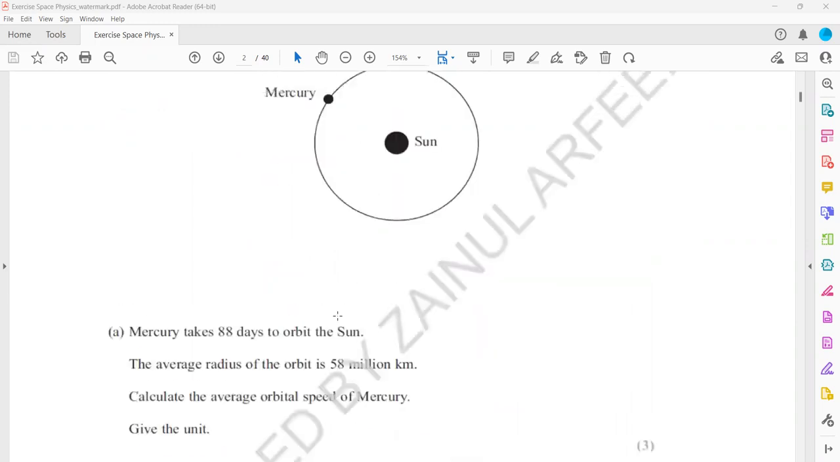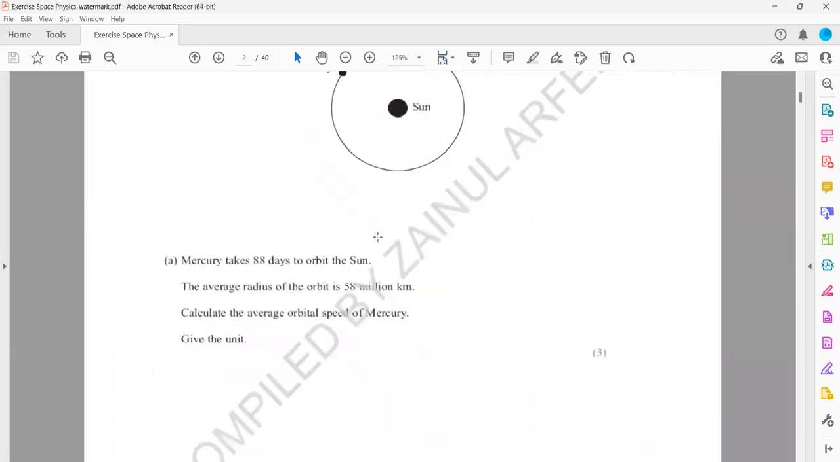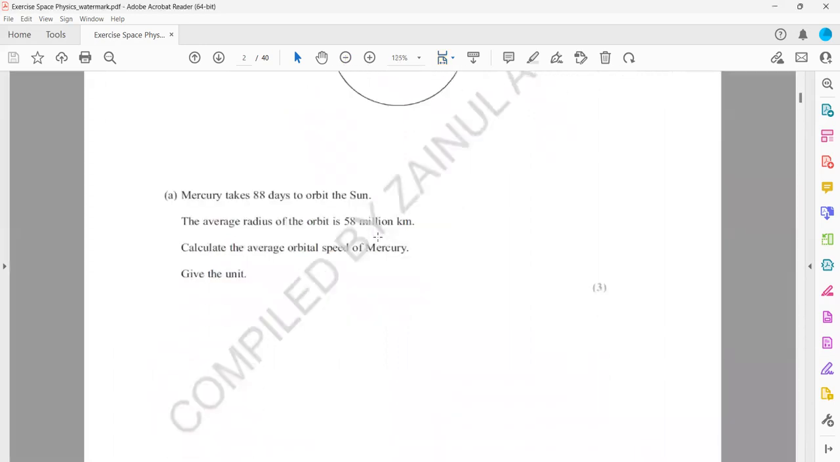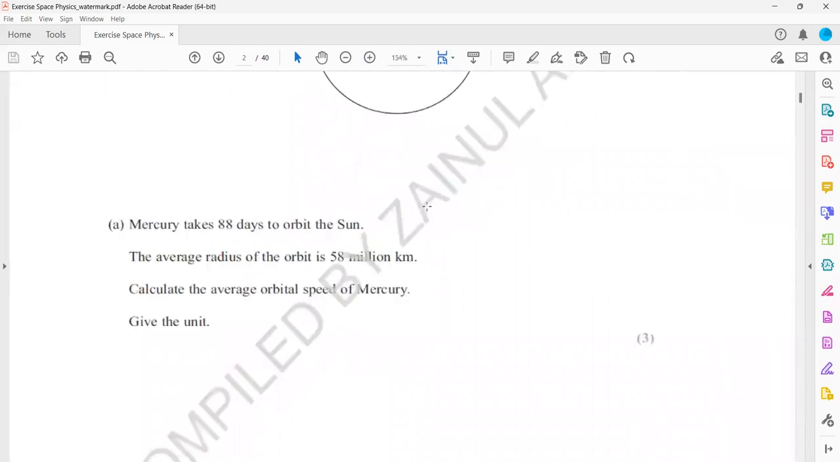Mercury takes about 88 days to orbit the sun. That's the time Mercury takes. The average radius of the orbit is about 58 million kilometers. Calculate the orbital speed. So how to solve such a question? If you need the orbital speed, the speed at which the planet is moving around the sun,